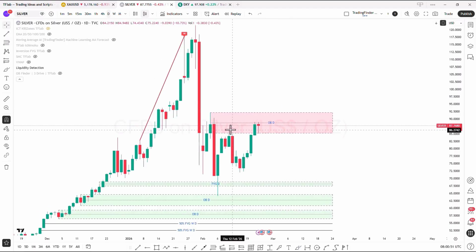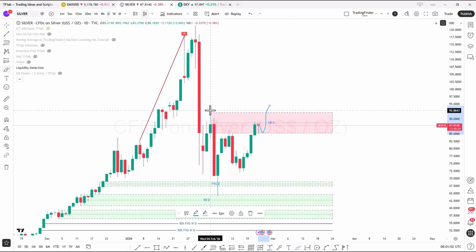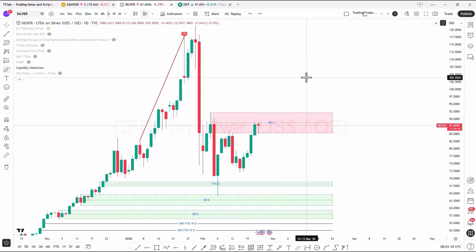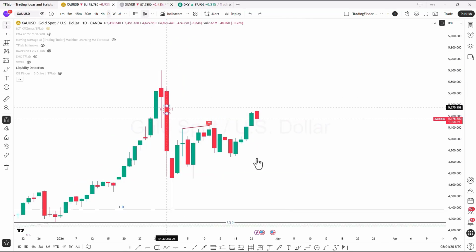We analyzed that if silver also closes above its previous swing, it can serve as a positive confirmation for the continuation of the upward trend. Furthermore, if during the day silver manages to close above the order block area at the 92.62 level, silver can also enter a bullish phase.